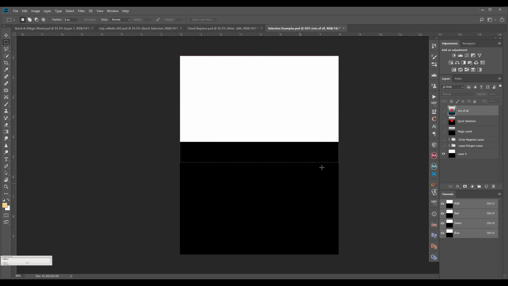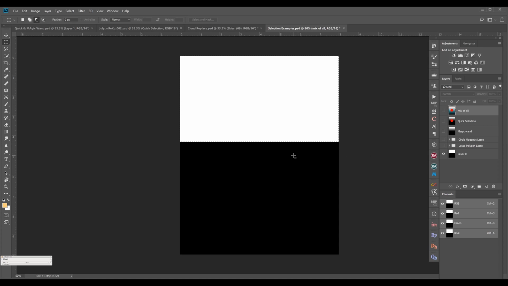Now in my first case, I have selected more. If I have to delete it, I will use the next one. I will show you how I do that. For instance, I have selected this area and I have selected more of this area, so I have to delete this particular area from the selection. I will just click this and then select this area from that. Whatever selection I had made, this particular part is deleted from it.